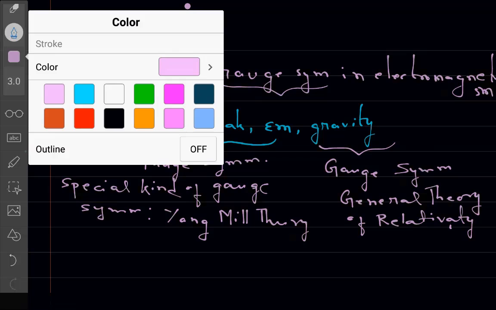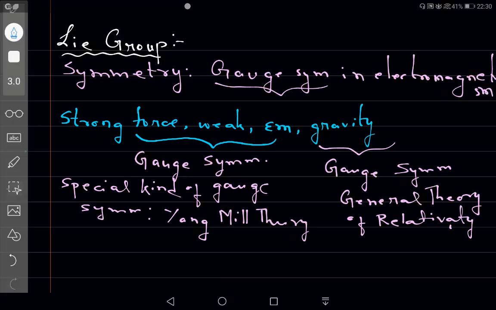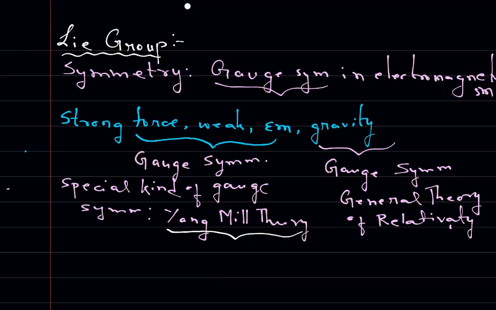Now, the next question that we need to ask ourselves is, okay, let me give you what is Yang-Mills theory. Well, one way to understand what is Yang-Mills theory is that it is just a generalization of Maxwell equations. You can think in that way. Okay, and you see that Yang-Mills theory describes the three forces, and gravity is described by a different kind of gauge theory, which is a general theory of relativity. It is different, and it is the odd man out for what we know till now, and thus the symmetries that are there in this theory, especially I'm talking about strong, weak, and electromagnetic theory.